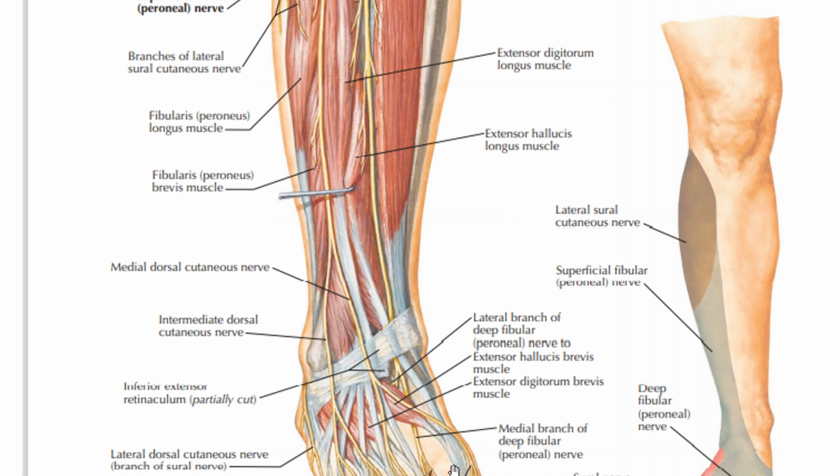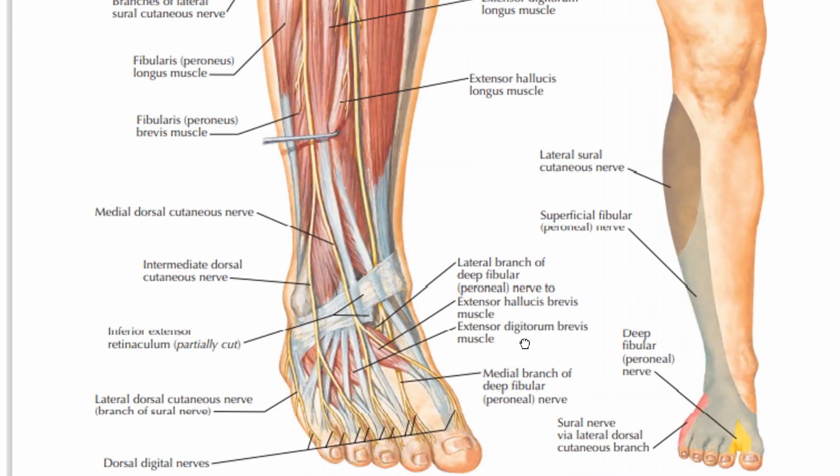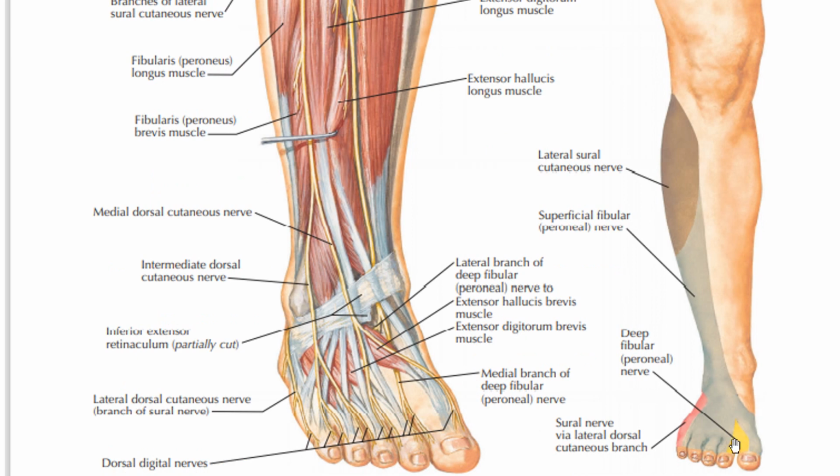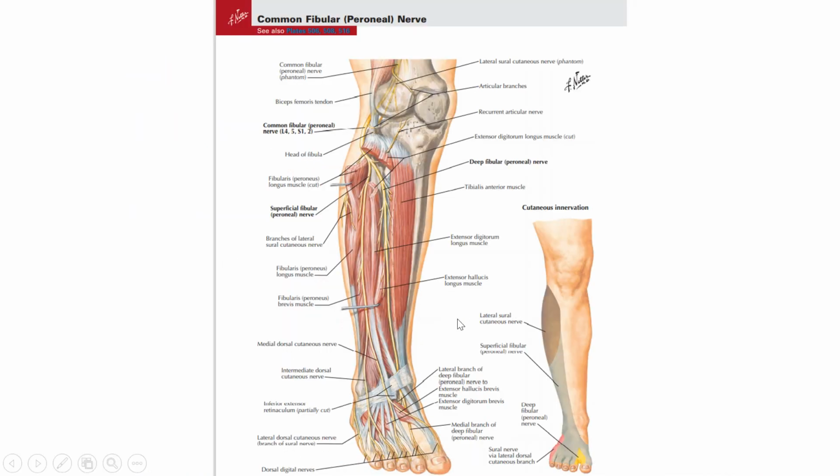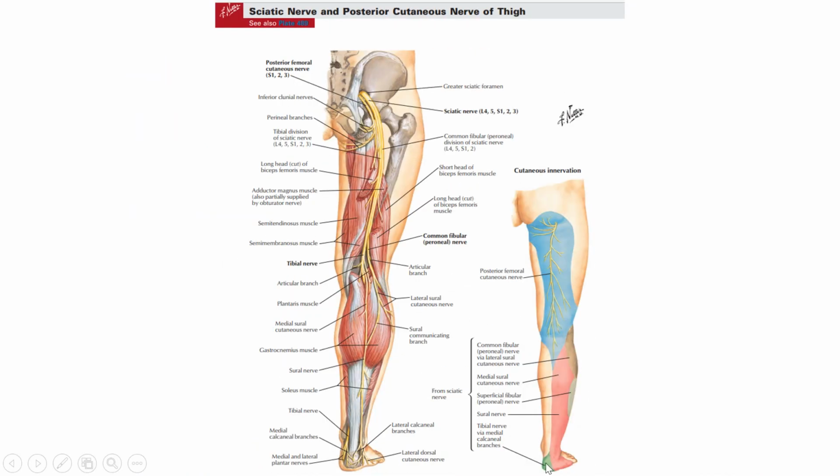Here, this yellow area is supplied by the deep peroneal nerve, whereas the rest of the foot is supplied by the superficial peroneal nerve, even on the medial side of the great toe. Okay, and this lateral side pink area is again the sural nerve, the posterolateral aspect of the foot. Okay, so